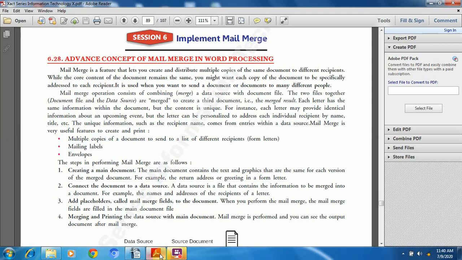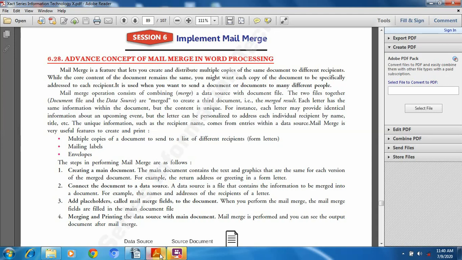Let's take another example. If a school wants to send a PTM invitation card to the parents of the students, then for sending they have to write their individual names and addresses. But this task is very time consuming. We can reduce this work with the help of the digital mail merge concept.